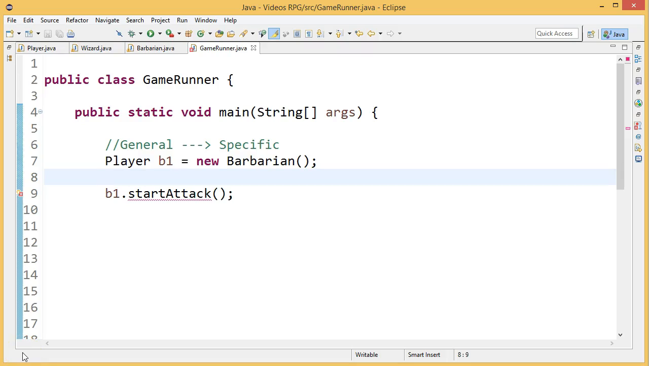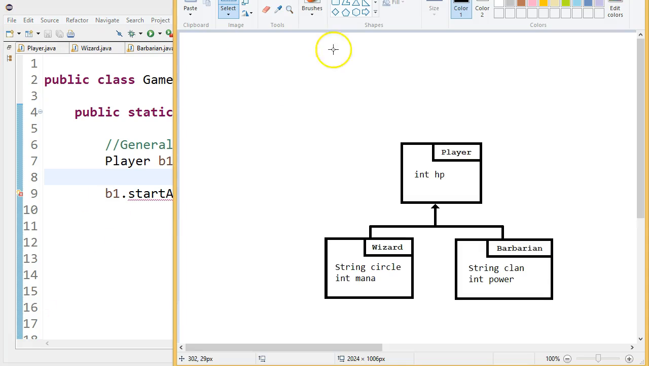Hello. In this video we're going to continue to build our class hierarchy, which helps us store information about our role-playing game. And in our game you can choose to be a wizard or a barbarian. And the observation we made was that though they both have unique behaviors and attributes, they also have common behaviors